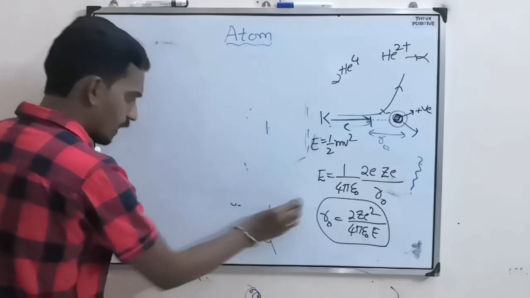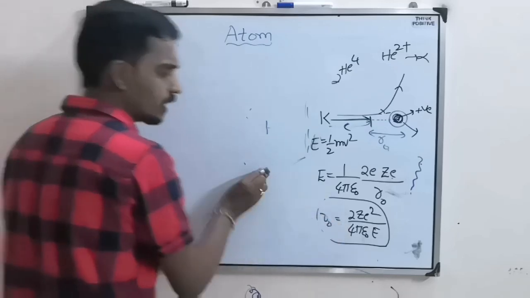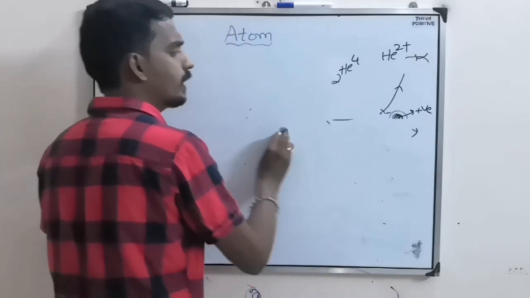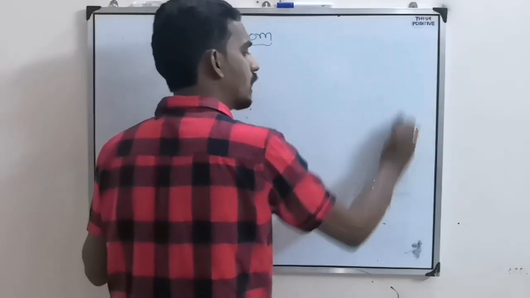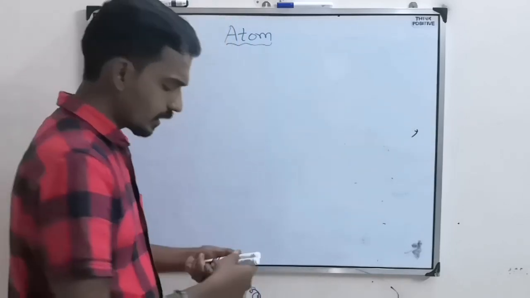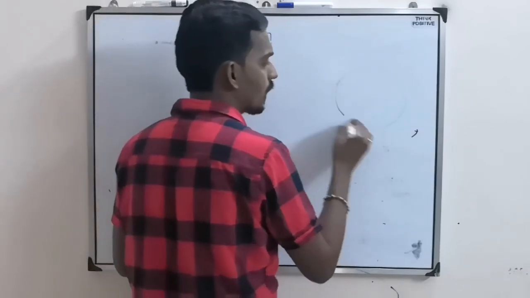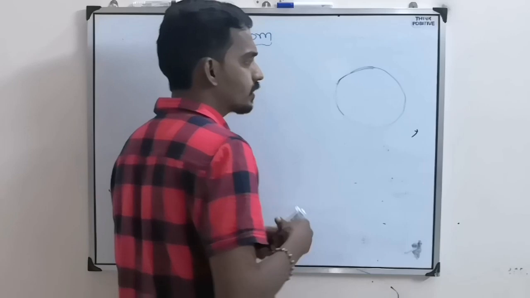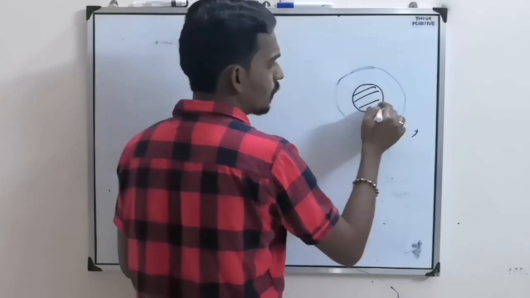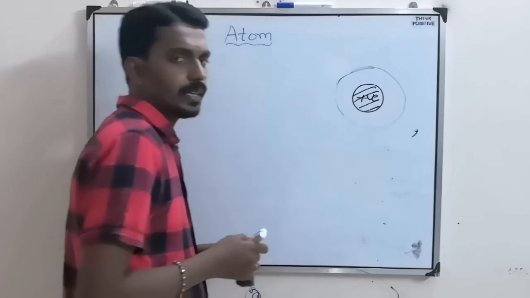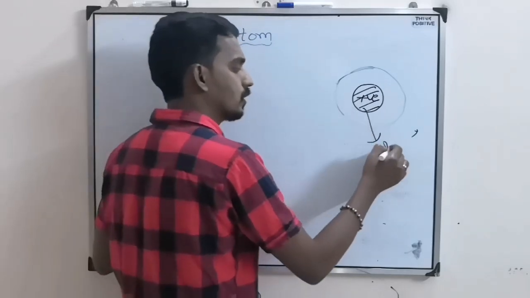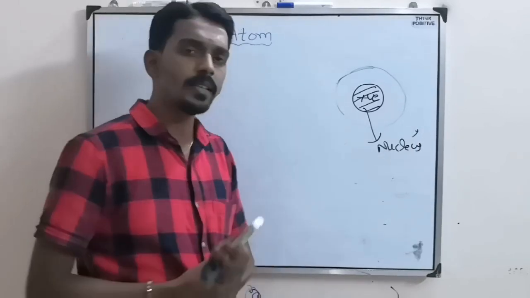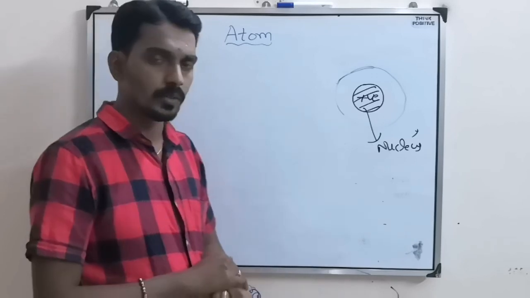And in this alpha scattering experiment, finally the conclusion he has given is, as the alpha particle is getting deviated when it is approaching the central line, he concluded that inside the atom, at the central portion, the maximum positive charge will be located. That is called the nucleus, he said. So there is a central portion of completely positive charge which we call the nucleus. That is what he concluded.